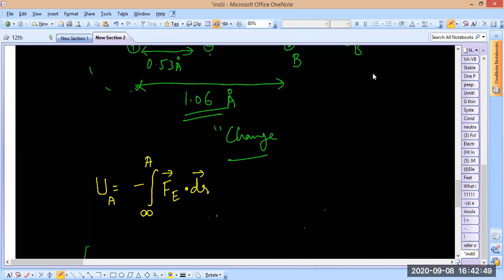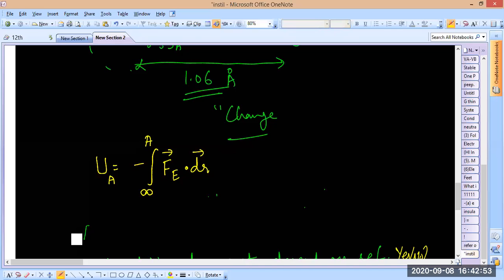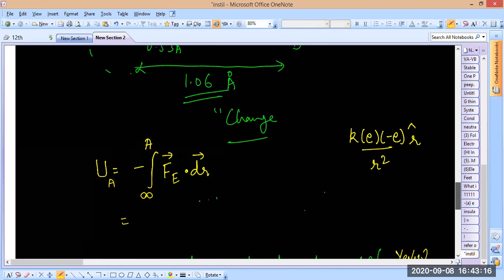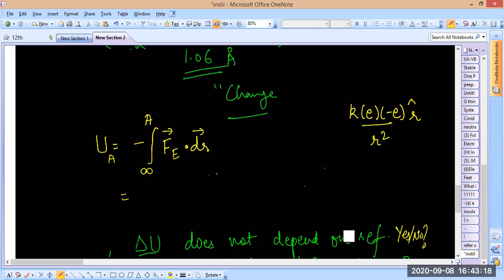Okay, so now let's do this. What's the force acting between these two? One is proton, the other is electron. So the force will be Ke times minus e divided by r square, r hat. All right. We write r hat, the radial direction. Okay. So now